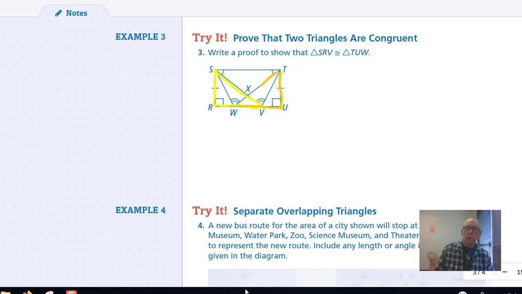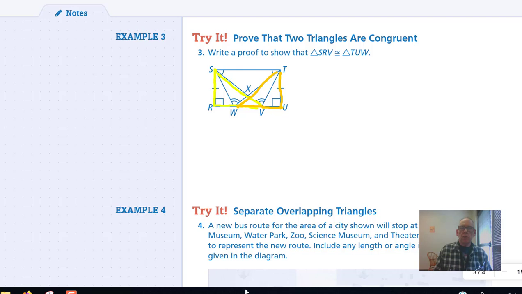So we want to show that these two triangles are congruent. So we got the two sides, we got the right angle. Don't have anything about these sides being congruent. We do have congruent angles here, so let's see how that can help us. With this angle being congruent to this angle,